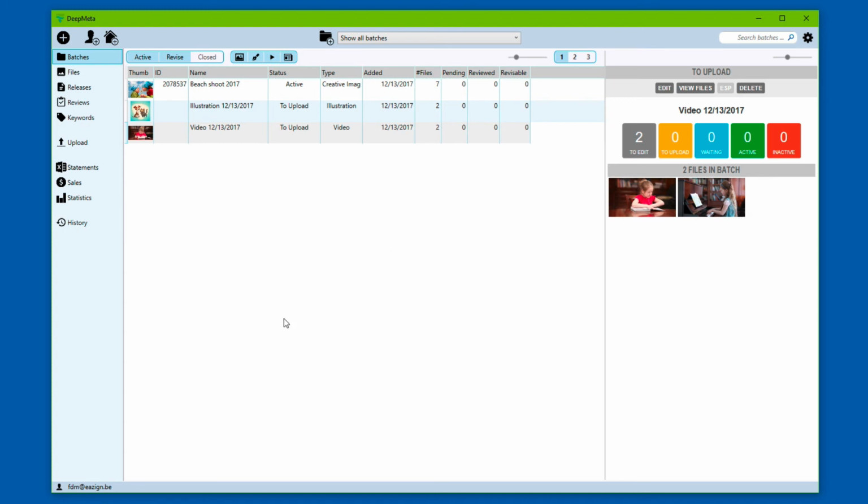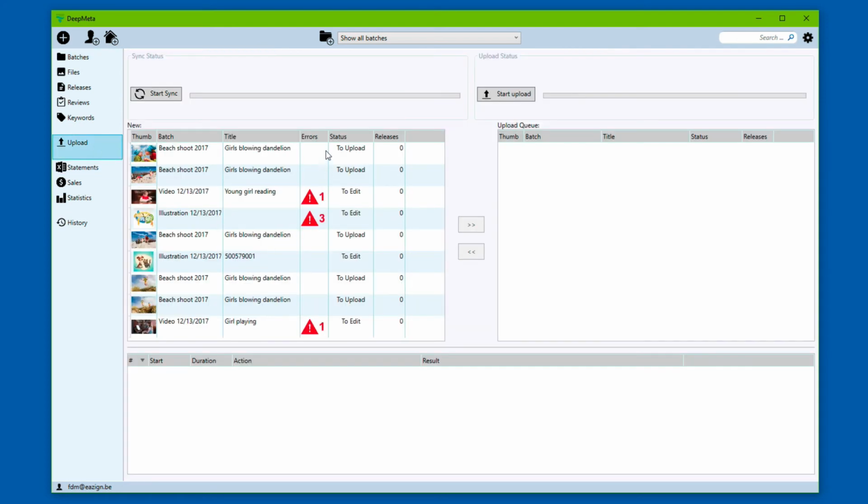Now, this is all great for uploading new content to iStock, but many of you will already have a portfolio present, will already have files that you uploaded to iStock through the new ESP interface, or even through the old iStock website. And it's perfectly possible to pull in all this information, your entire portfolio. You can fetch this by launching a start